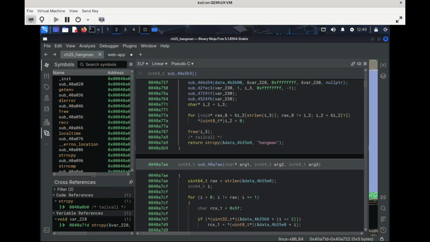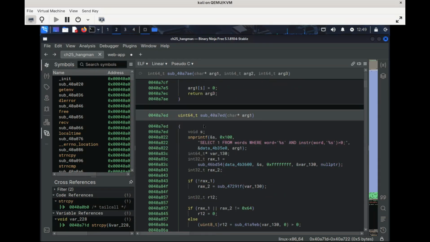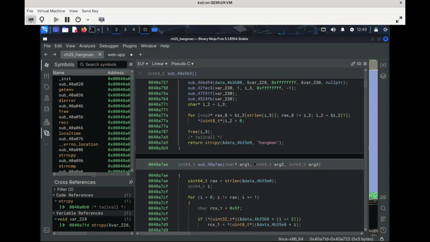Let's scroll down a little bit. Here we have our select statement. As we see, it's direct string substitution, meaning that we can put in our own quotes and end the statement however we want, and then start off another statement. However, the most important part to think about is that since it's a binary, it's probably